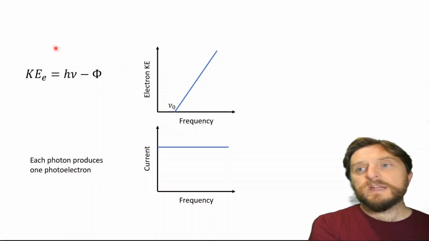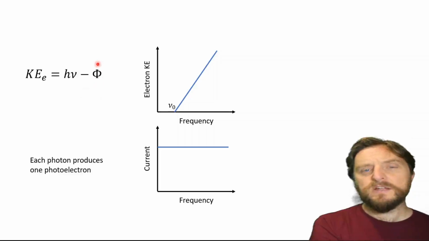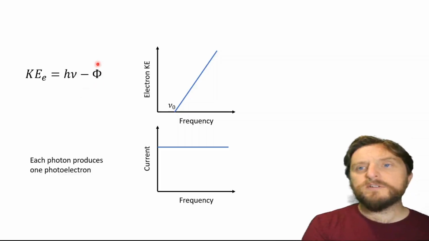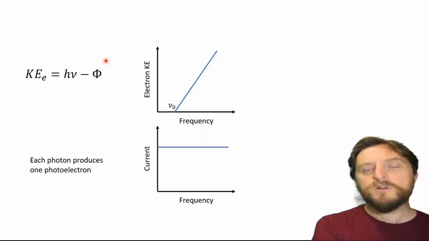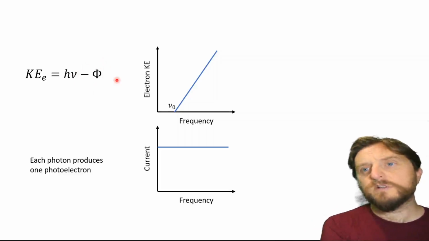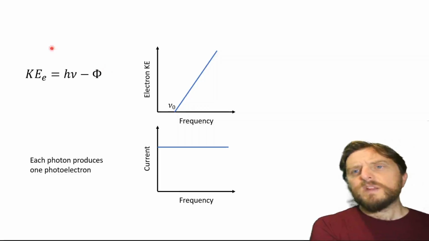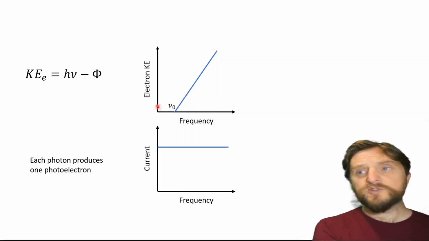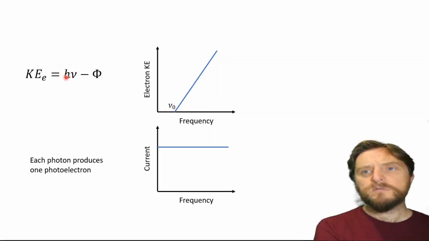Whereas the kinetic energy of the electron is clearly the energy of the photon minus any energy that is required to break free from the surface, which is called the work function of the metal, or of the material. So this gives us straight away our little straight line graph with a non-zero intercept. The slope of this graph is obviously going to be Planck's constant,